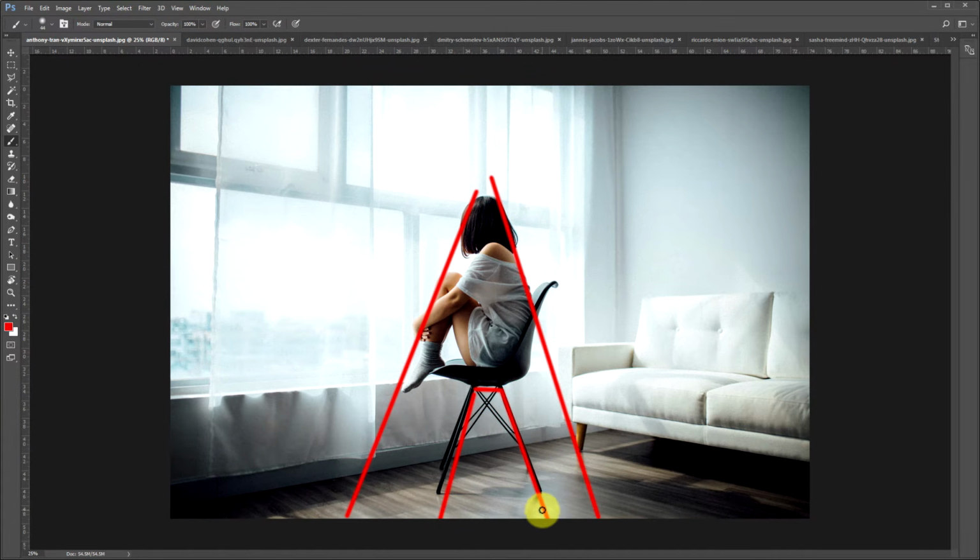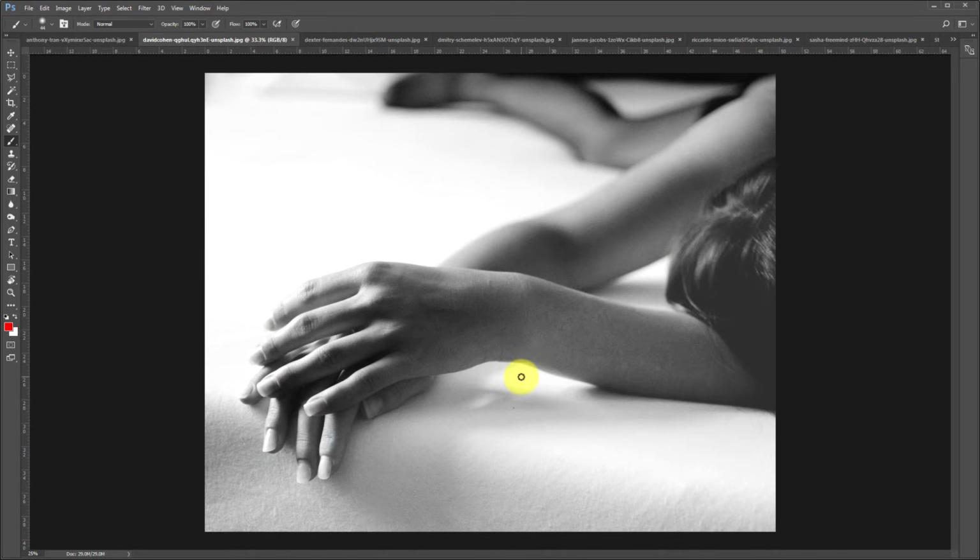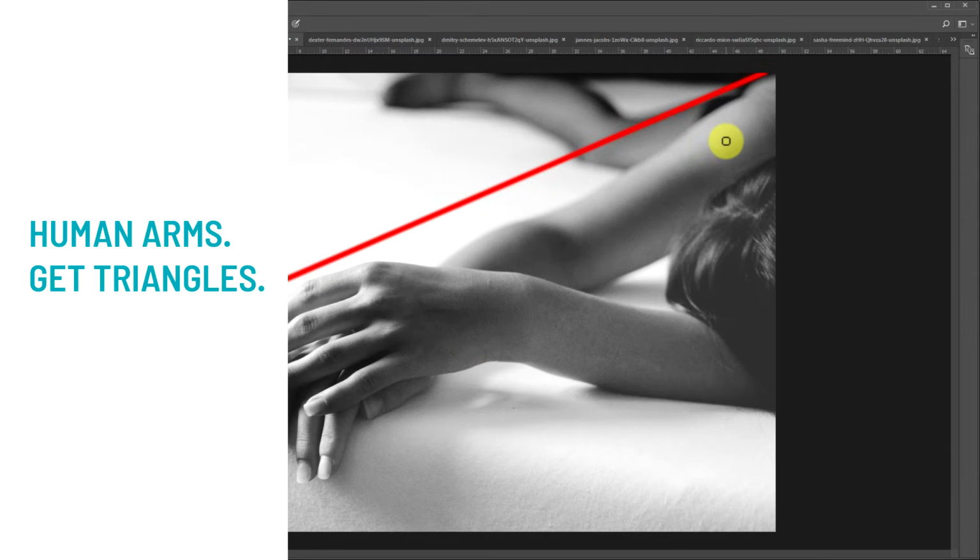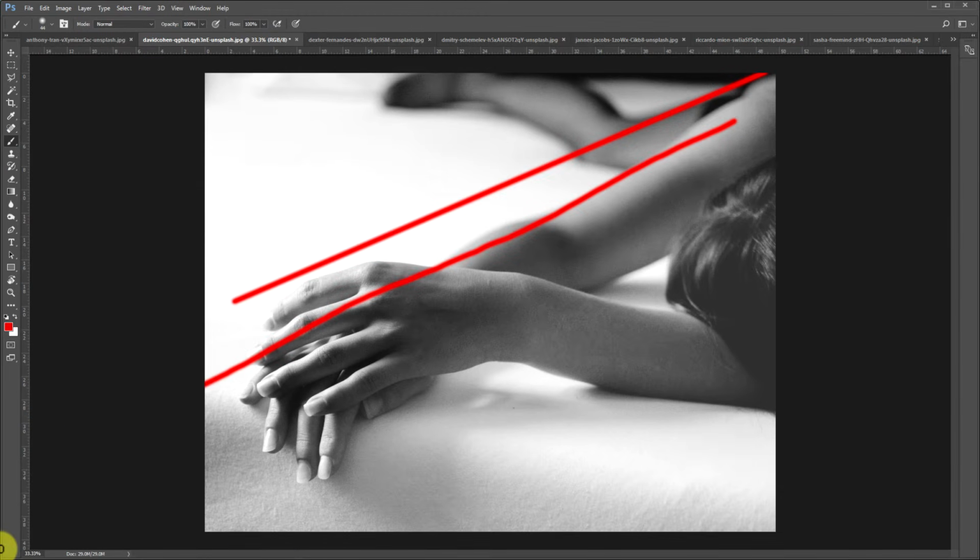Now we can also start to analyze maybe the light pattern here, maybe this wall to the couch creating a triangle. I think that's a little bit less obvious. I think more to the point is this framing right here in the center, which I think is very cool. Like I said, we'll see this coming up, and I think this is probably the most important thing to keep in mind when you're doing your own shooting, and that's arms, the human arm. Notice how this subject is cutting the frame in half with the arm,